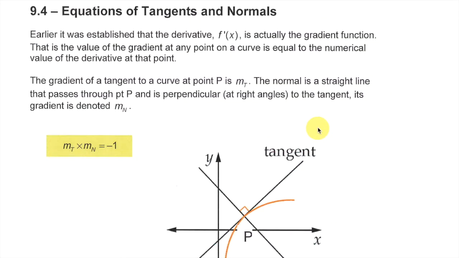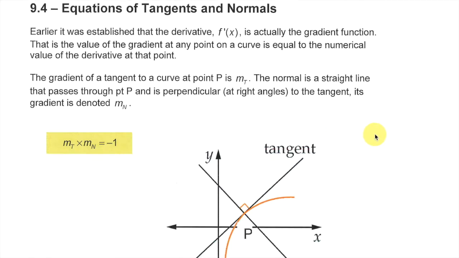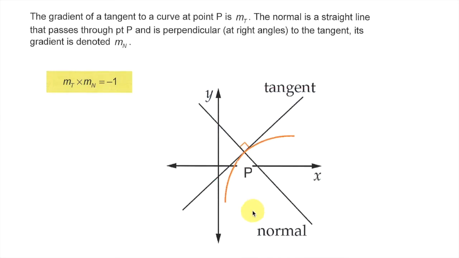Section 9.4, equations of tangents and normals. A lot of this involves working out the derivative and the general rule, but let's look at the basics here. Consider this curve in orange and a point P that is on that curve. We can obviously have a tangent line, and as you can see, that'll be in the format y equals mx plus c. The gradient of that tangent line is exactly equal to the gradient of the curve at that point